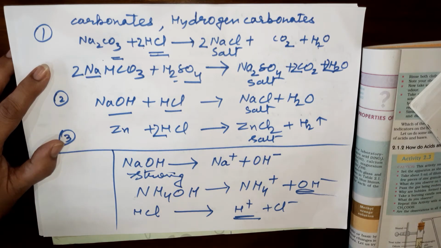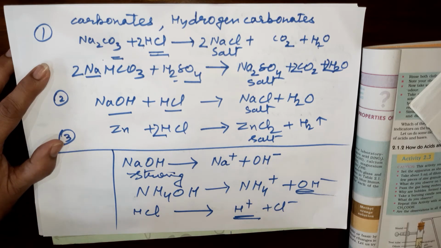So now you know two methods. One is the litmus paper method or litmus solution method. Second, you know the methyl orange method. Then third is the phenolphthalein solution method. So they are called indicators. Here phenolphthalein and methyl orange are the indicators.